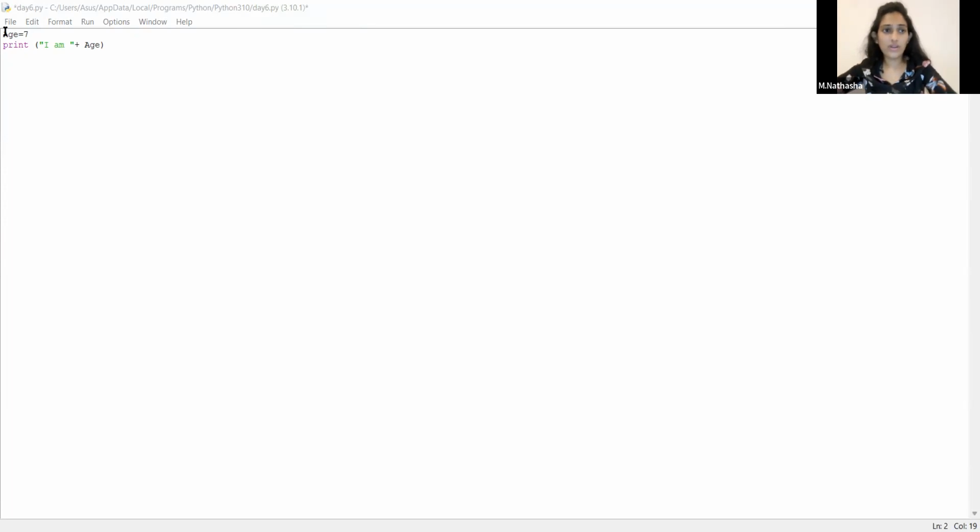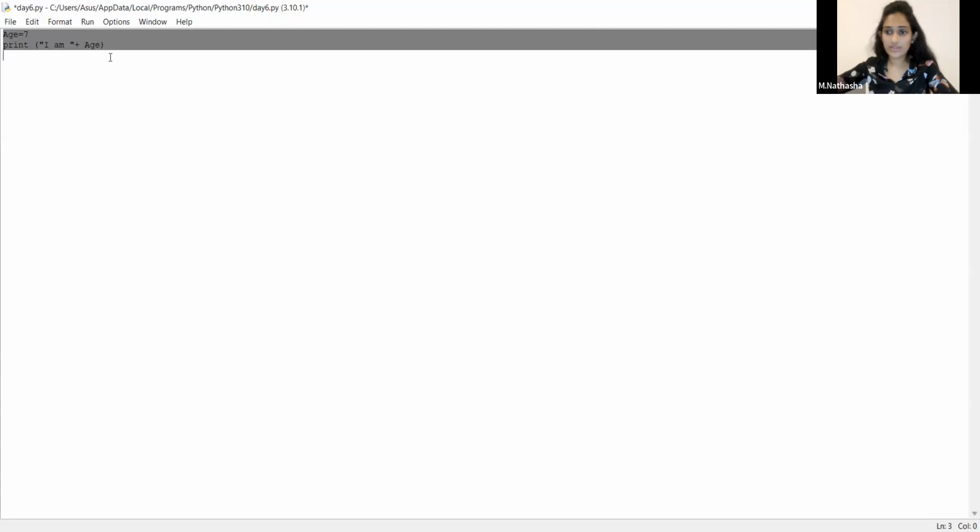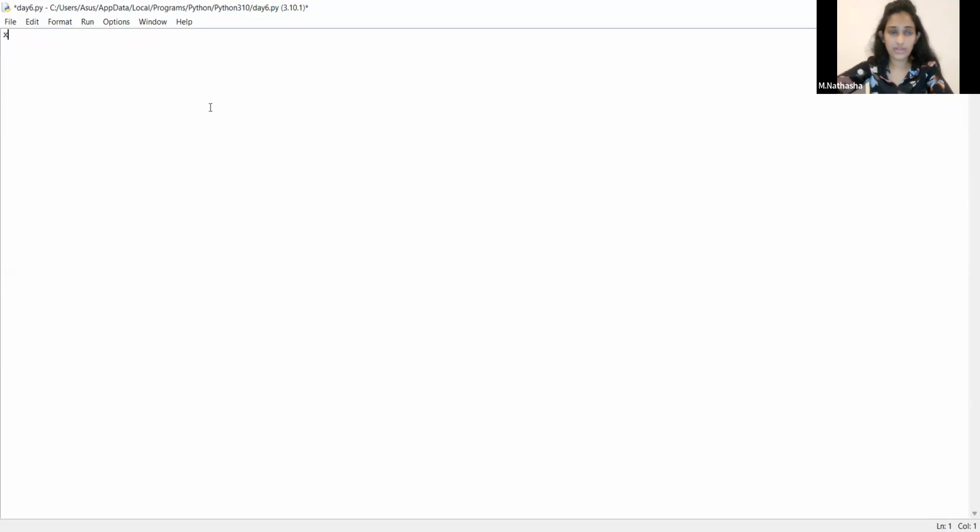Okay, now we are going to assign multiple variables, right? Here we are creating x variable, comma, y variable, and z variable, and an equal sign, and we are now assigning values. Let's assign values, comma, comma.